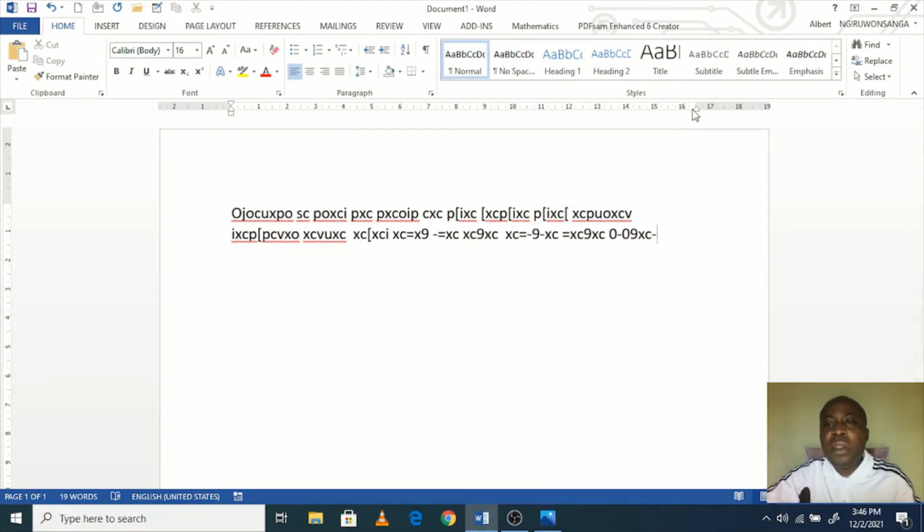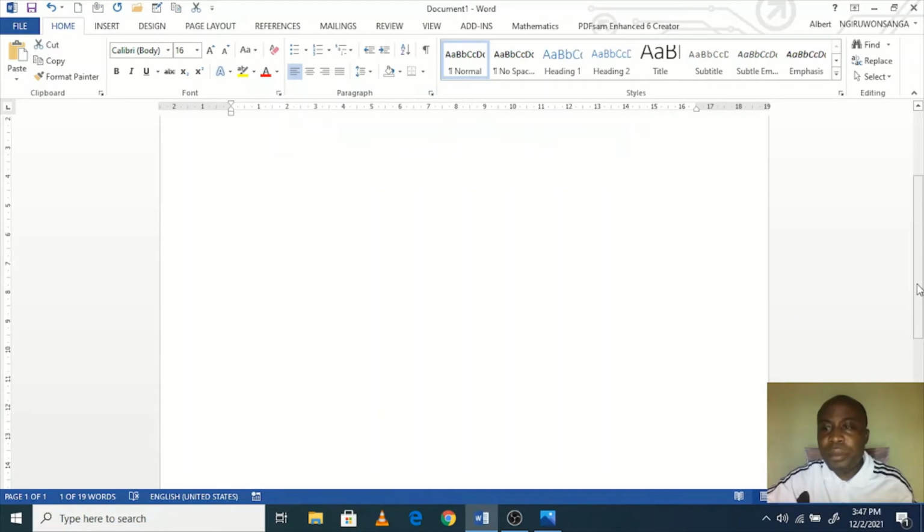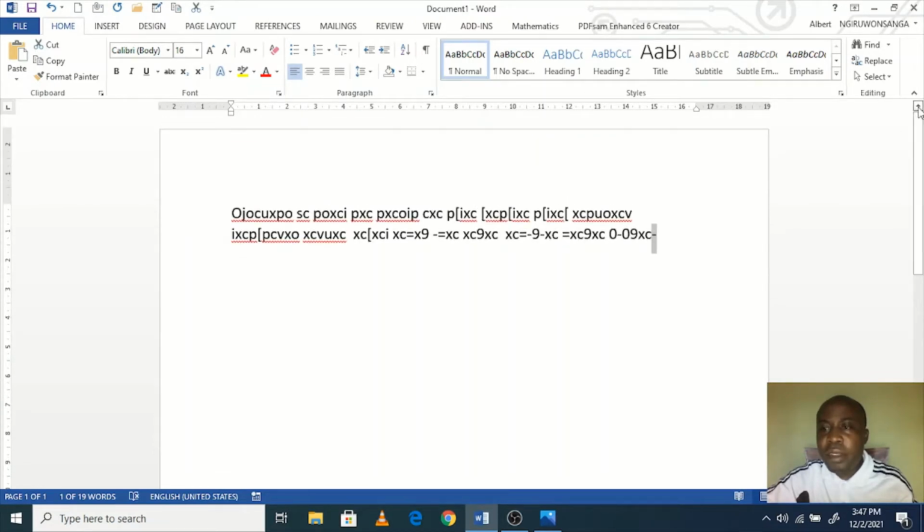Now, this one is used to control the right margin. So as I move it, the text is also moved because the space that the text is occupying is now becoming bigger. Then on the right side, this one is used to